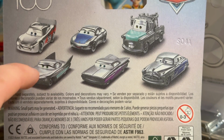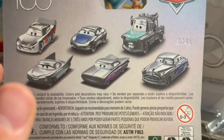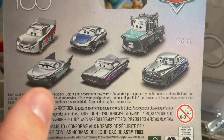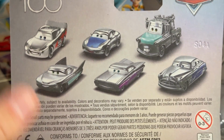I think Sally and Ramone, or Sally and Flo, aren't the best. I think they look cool, but I don't love Sally. The hood looks a little out of place, and same thing with Mater there. It's like, well, what do we do for them? They don't really have any decals, so the hood looks good enough. I'm not a huge fan of that. They made it look all right, and I'm excited to open it up, but I know I'm rambling here,